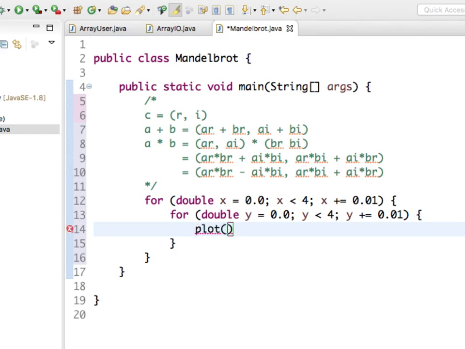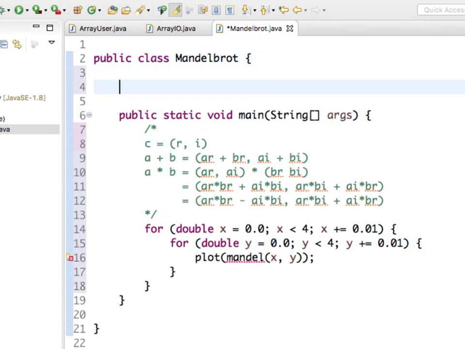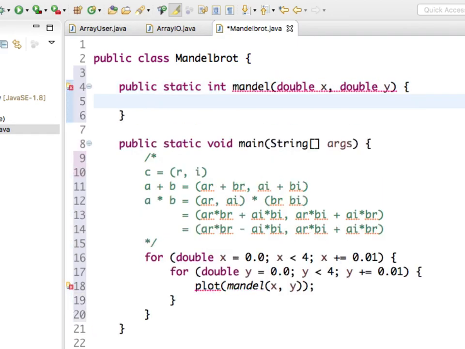So I'm going to say plot, which I know doesn't exist, Mandel of x and y. And then I'm going to write a little function, public static int, because it's going to count the number of jumps. And it's going to take a starting x and a starting y. Now, I didn't make this perfectly clear, but the bottom line is that that x and that y, that coordinate, I'm going to treat that as a complex number.